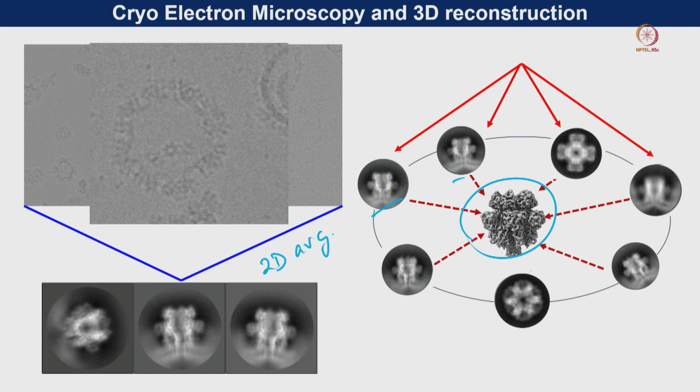This is the final stage where we get a high resolution structure, but at this moment we are more interested in discussing how we can prepare our cryo grid and what we are looking for when we are screening those grids. So in the next class we are going to discuss how we can screen our sample and how we should collect our cryo-EM data. Then we will discuss what is good data and what is bad data, and finally we will come back and discuss the 3D reconstruction from those data sets.